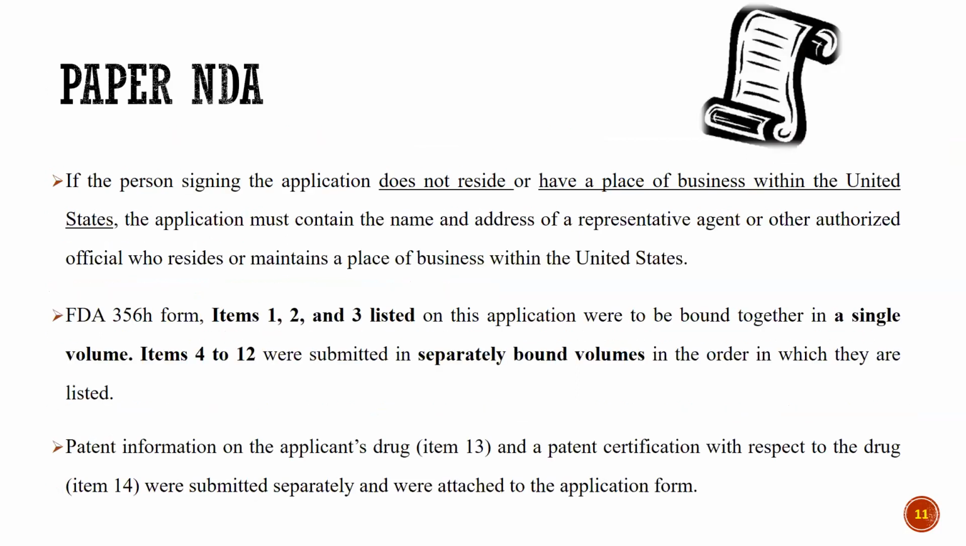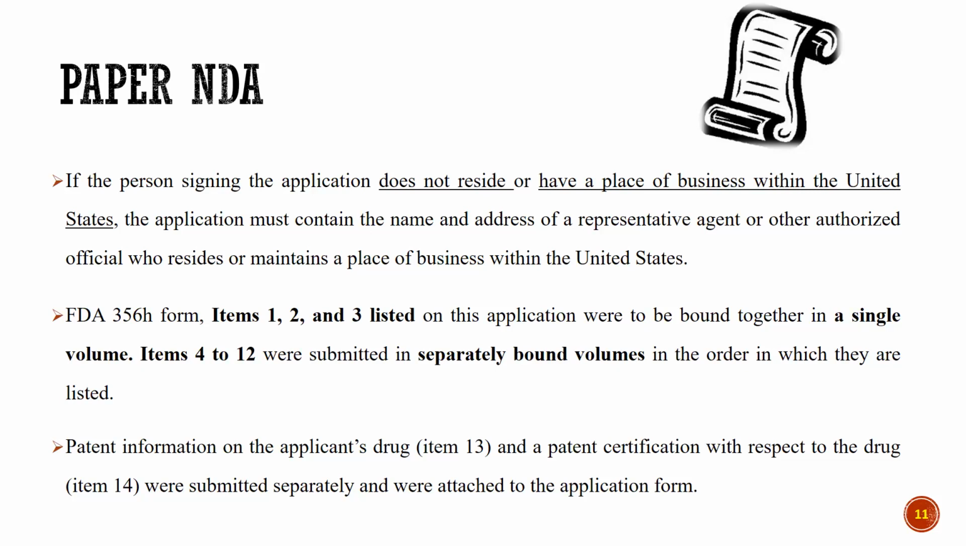If the person signing the application does not reside or have a place of business within the United States, the application must contain the name and address of the representative agent or authorized official who resides or maintains a place of business within the United States. So in this case, if a manufacturer is manufacturing in India and his product needs to be sold in the US,